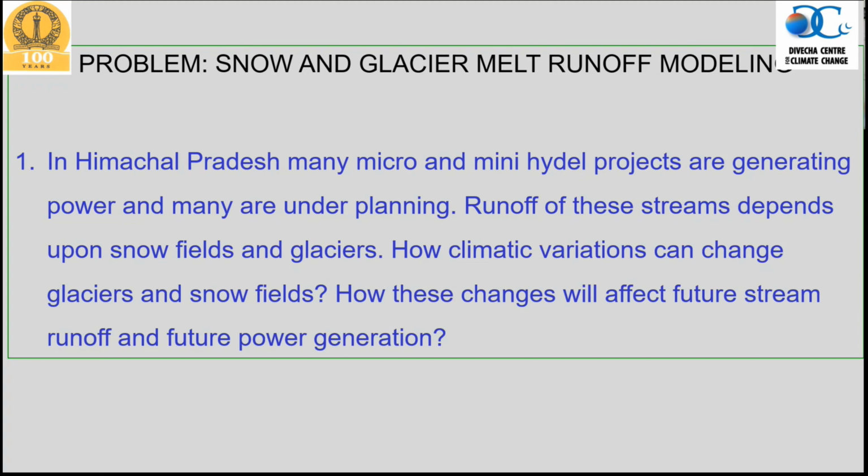But there was also one more problem which they face in Himachal Pradesh. There are many mini and micro hydropower projects generating power, and there are a large number in planning. Many of them have become operational now, and runoff of this stream depends upon snow and glacier, and how climatic variation can change glacier and snowfield, and how these changes will affect future stream runoff and future power generation. That is something which is added new, but originally at that time there was no such idea,